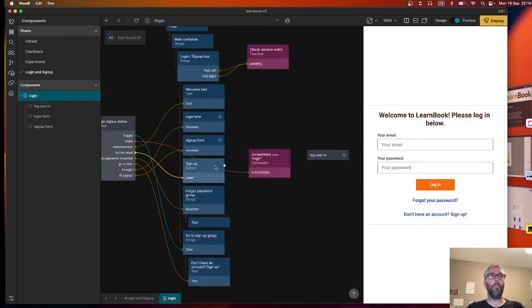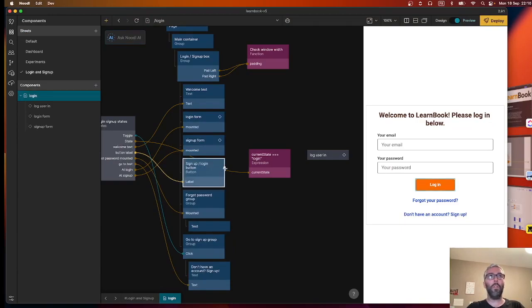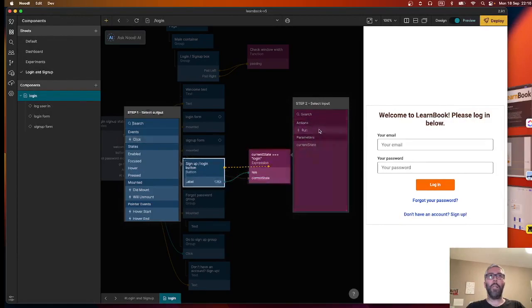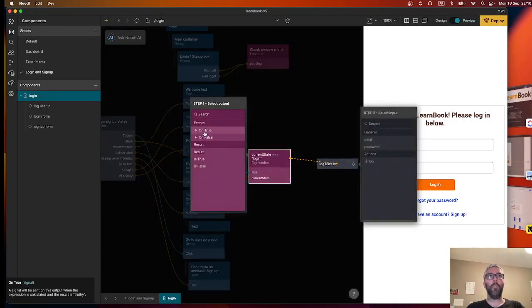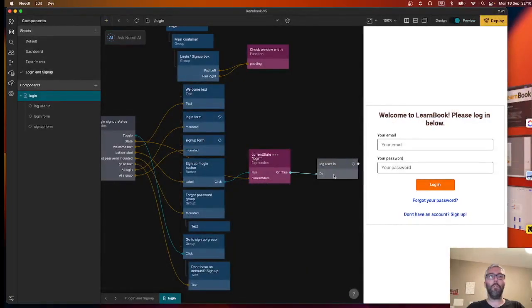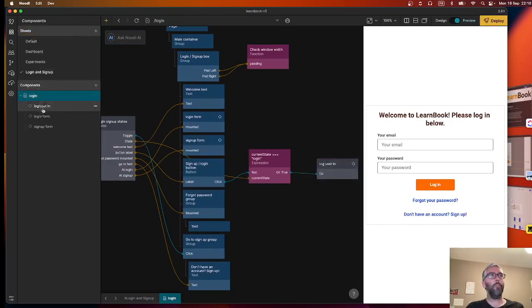So when we click the button, which is going to be called the sign up login button, it's going to be one or the other, depending on the state. When we click it, it's going to first evaluate that expression. So we'll do that every time you click it. And if the current state is login, then it's true, it is login. It's going to go and do the login workflow. Right. And if not, we're just going to duplicate this